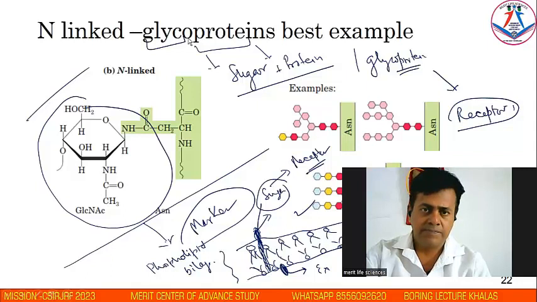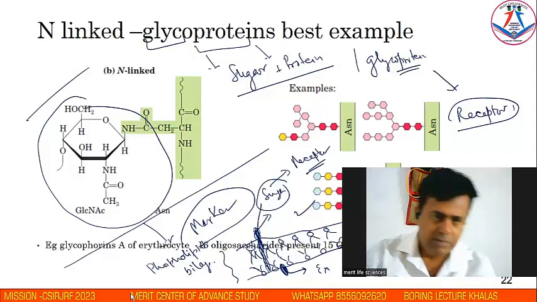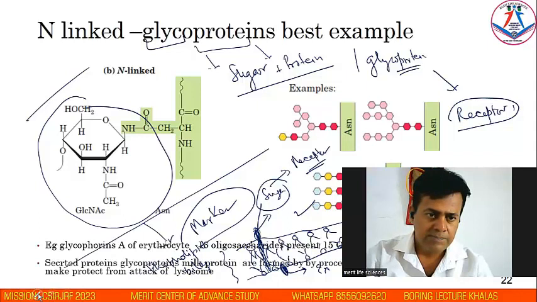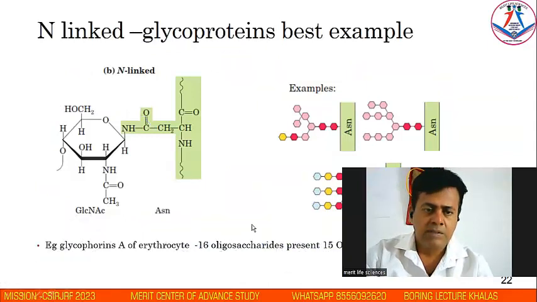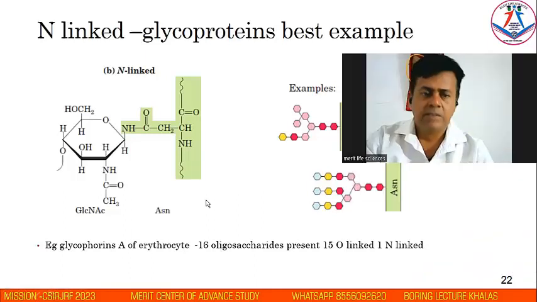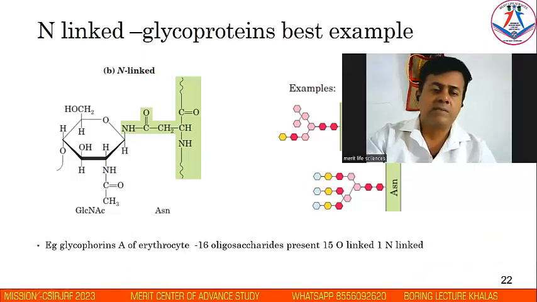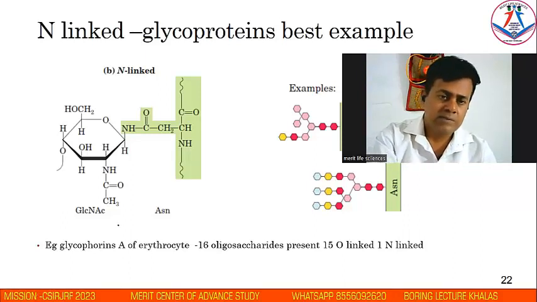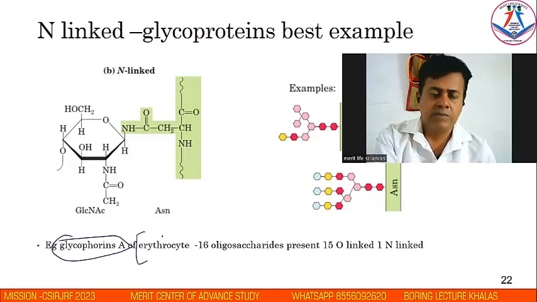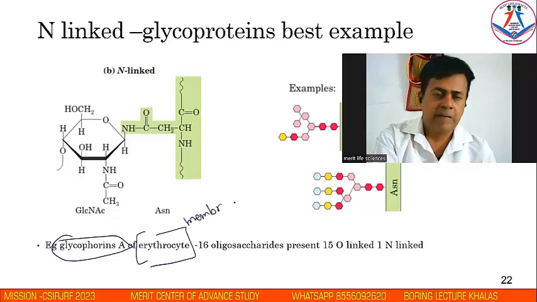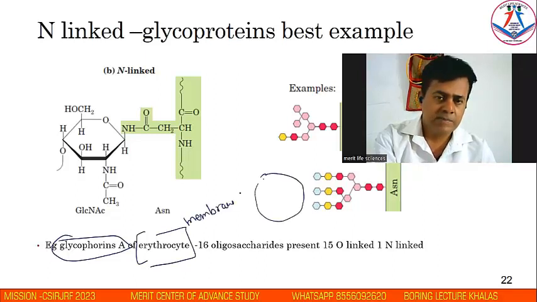Clear? So this is the role of glycoprotein. So what about the erythrocyte? Have you heard about the erythrocyte? The RBC, sir. The erythrocyte has a surface protein called glycophorin A. So the erythrocyte membrane has an outer surface called the